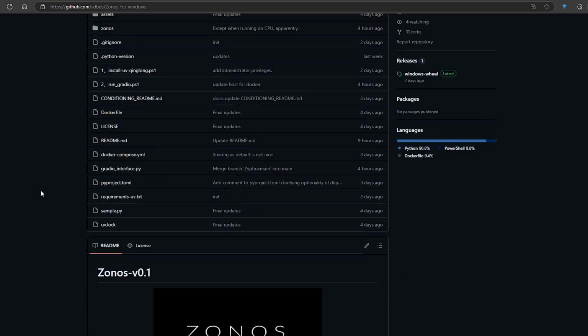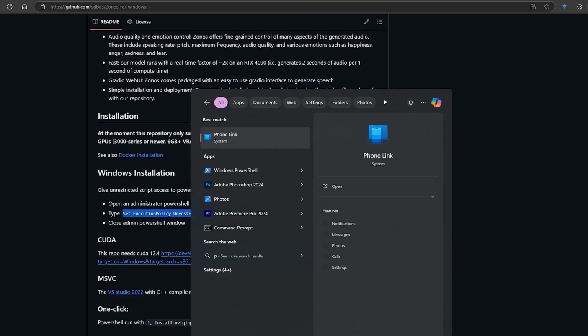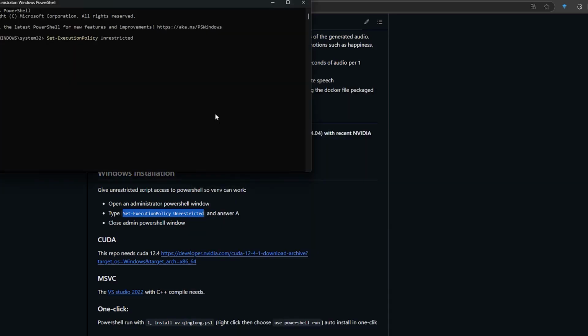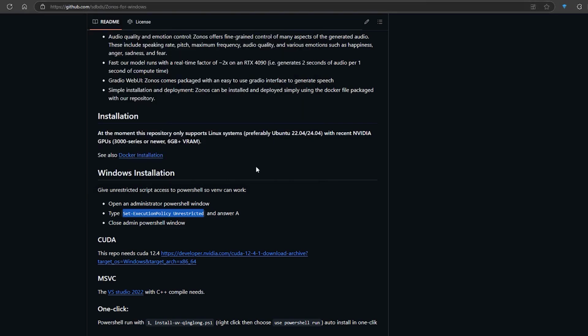The first thing you need to do for installation is copy this text. Then, open PowerShell with administrator privileges and paste the command there. Here, type A and press Enter. Then close this window. And next you need to download NVIDIA CUDA. Downloading it is really simple. Just go to this address,